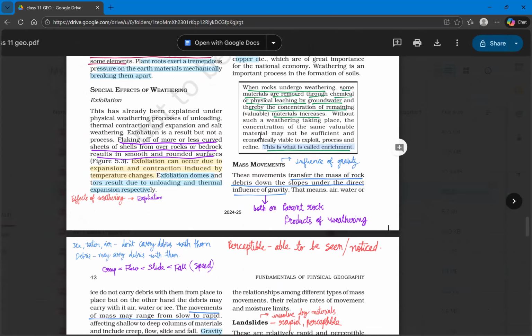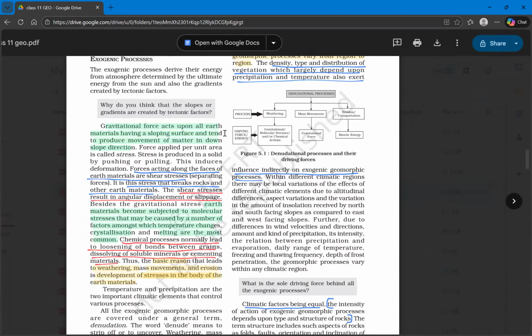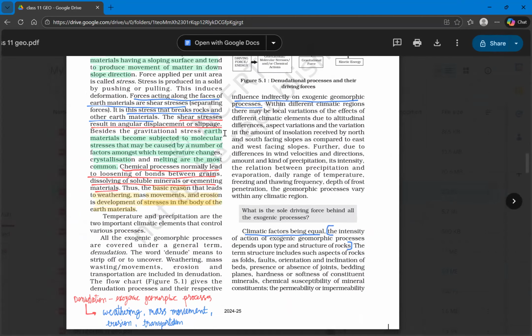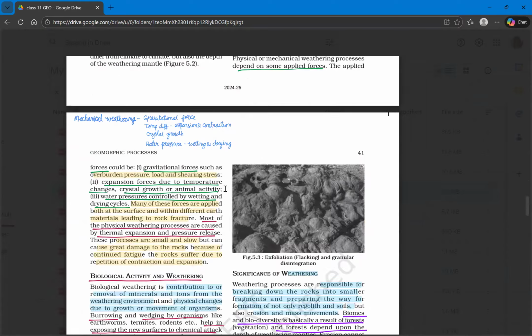So this is all for this video, where we have covered endogenic processes, that is diastrophism and volcanism, and under exogenic denudational processes we have completely covered the process of weathering, and in the next video we'll cover the